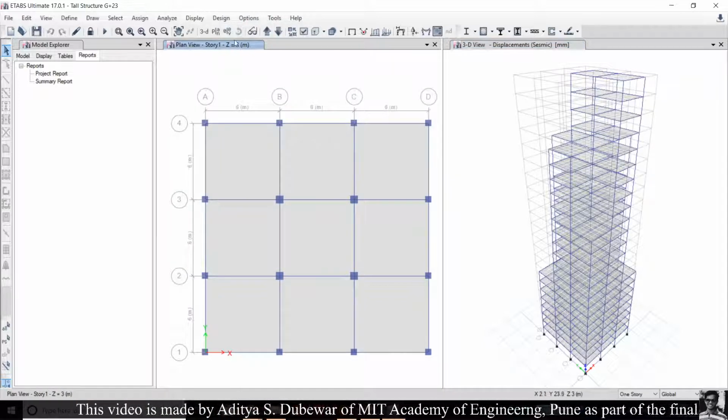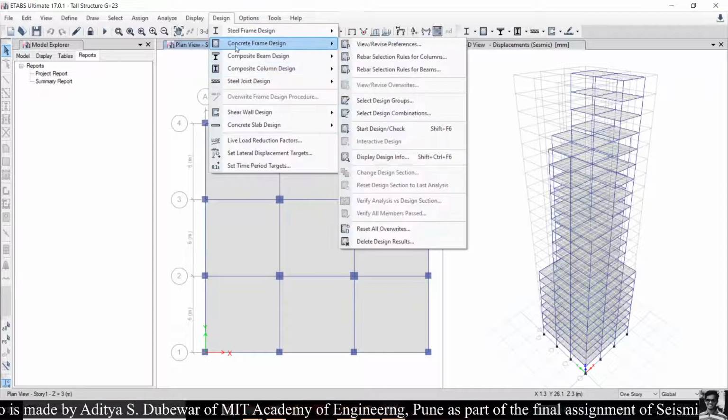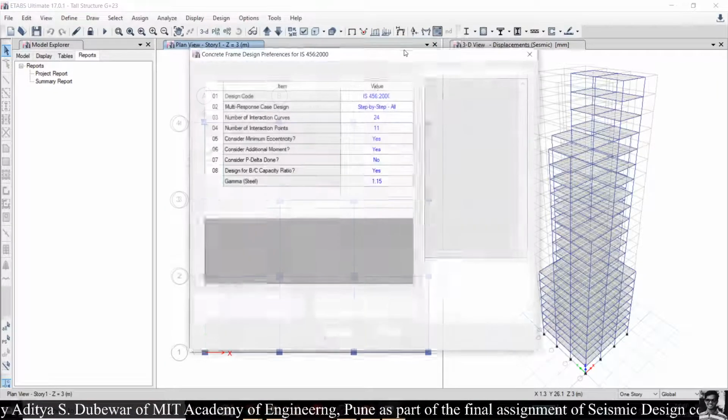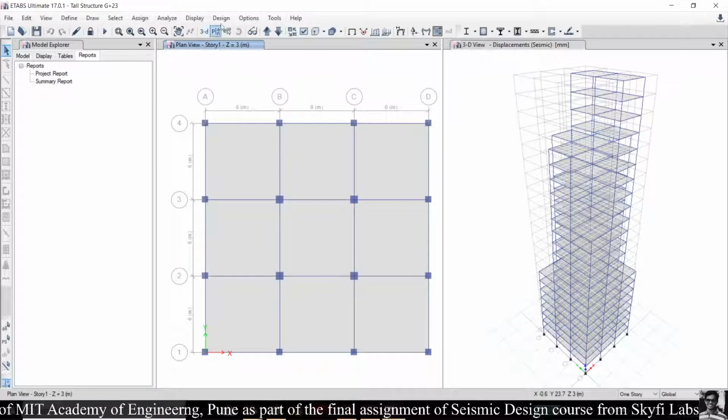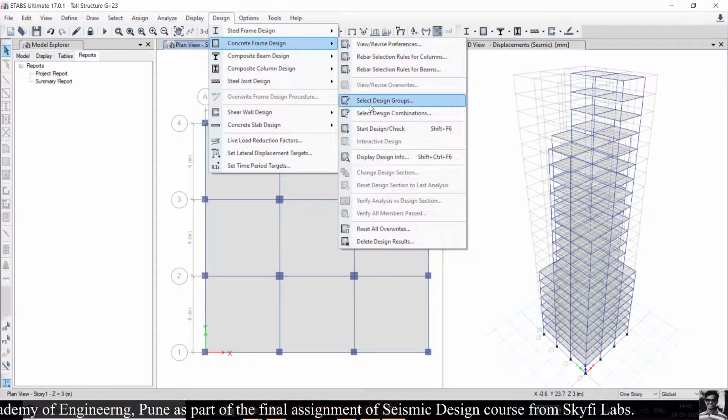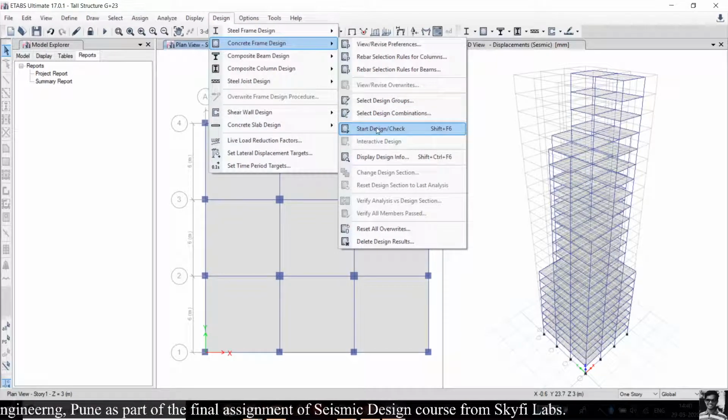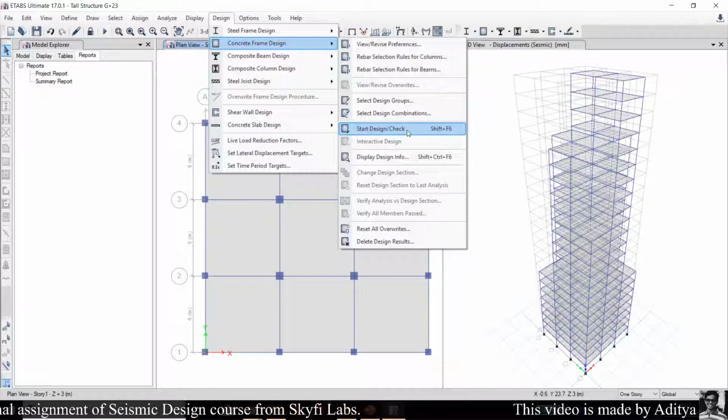Okay, we will go to design. For that, select the design tab, and then concrete frame design, select the preferences as IS 456 2000. Okay, then we will start the design check, click on start design check, or simply click the shift plus F6 key.